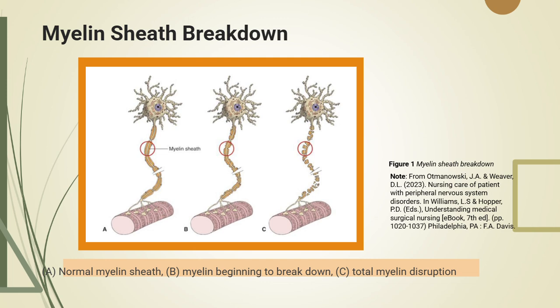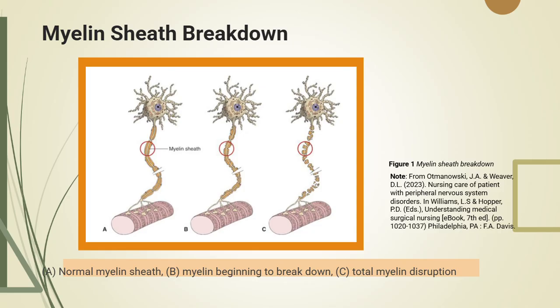As we begin discussing multiple sclerosis, it's essential to understand what happens to the myelin sheath, because this structure is central to nearly every neurological symptom patients experience. Myelin acts like insulation around an electrical wire, allowing nerve impulses to move quickly, smoothly, and efficiently through the nervous system. Take a moment to look at the image. In the healthy neuron labeled A, the myelin sheath is fully intact. This supports normal coordination of movement, sensation, and response.